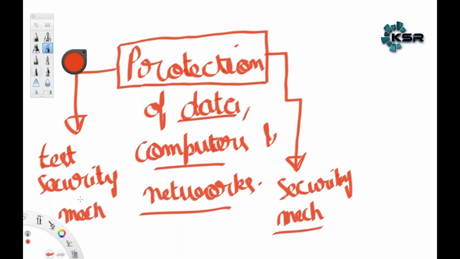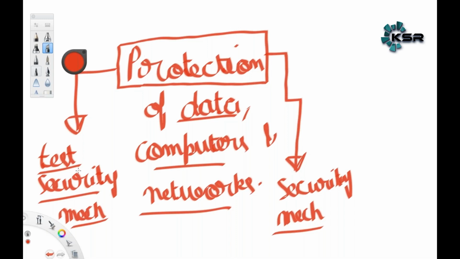So you protect data, computers, and networks by first implementing security mechanisms like firewalls, intrusion detection systems, intrusion prevention systems, and access control lists. And how do you test those security mechanisms? By attacking them. You would attack networks, you would try to attack individual devices, and that is how you will be able to find out how secure your mechanism is.